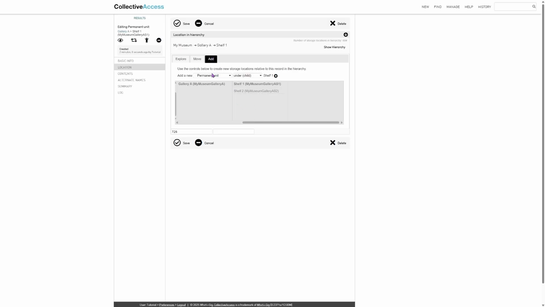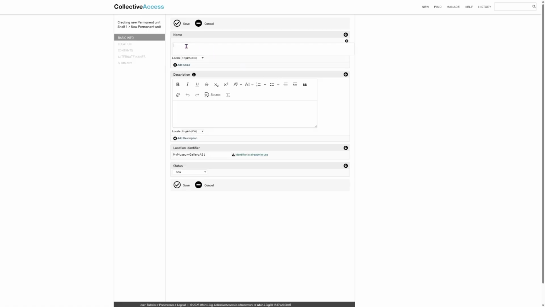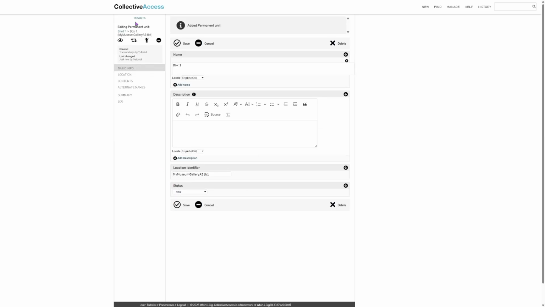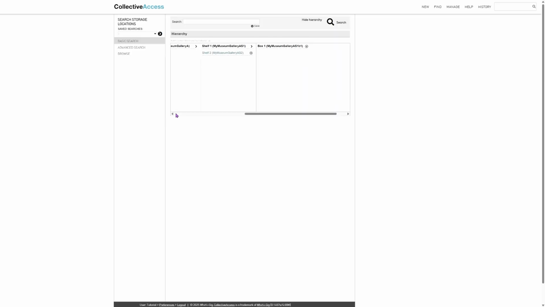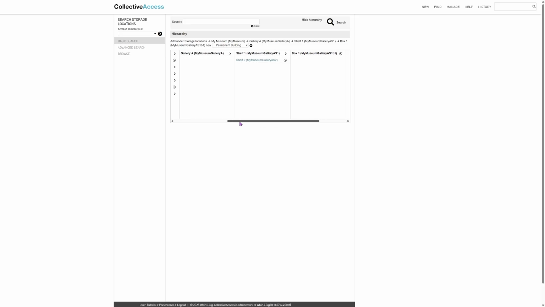Now I'm going to add another unit underneath shelf 1. So you'll see that this is becoming the child of the parent record, which is shelf 1. And I'll click plus. Now I can call this maybe box 1. Now we'll see that this has added to the